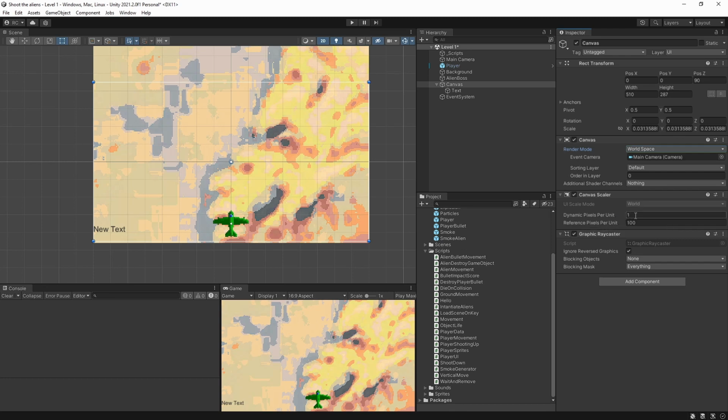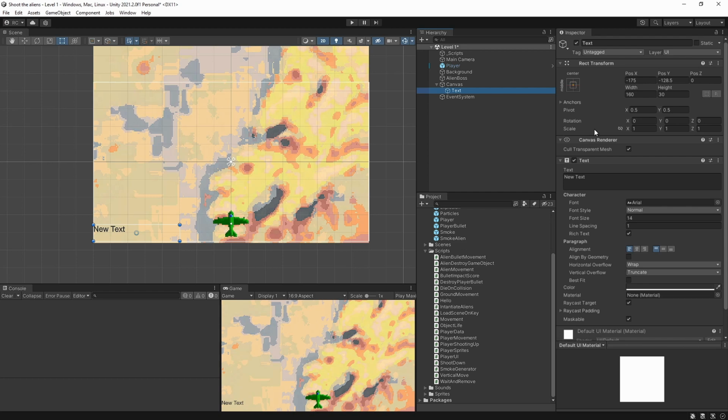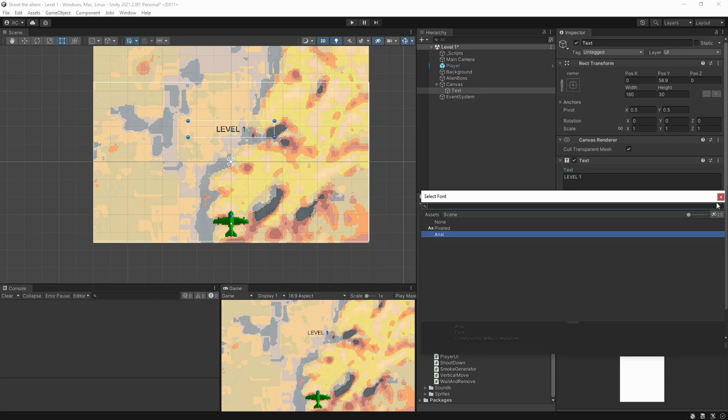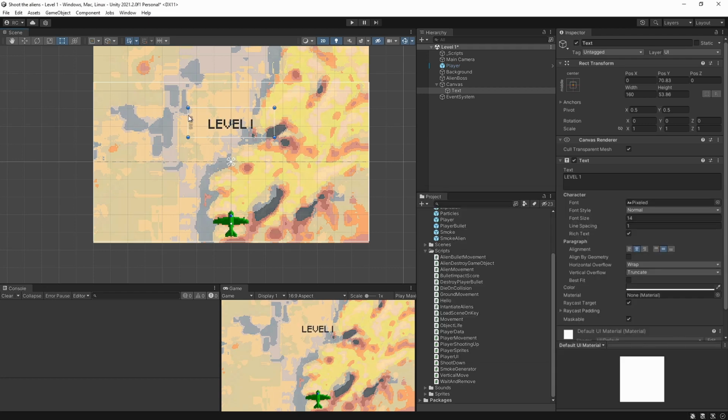Dynamic pixels per unit, you can go, for example, 10 in both variables. Now inside text, we will do our thing. Level 1. This will be our level 1 text box. Level 1 should be centered. Center font should be this pixelated. Doesn't fit because